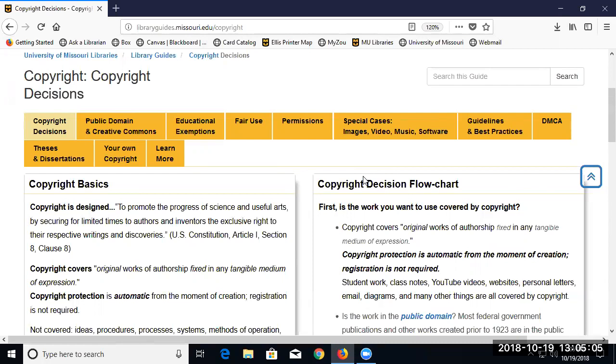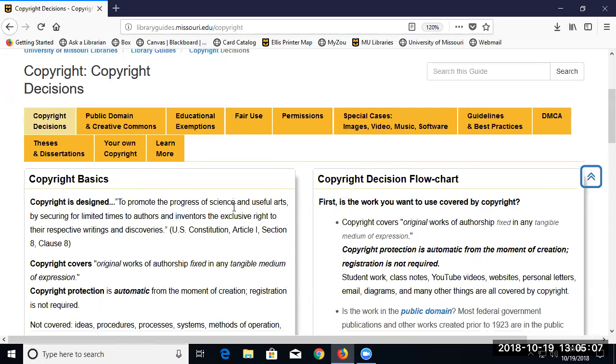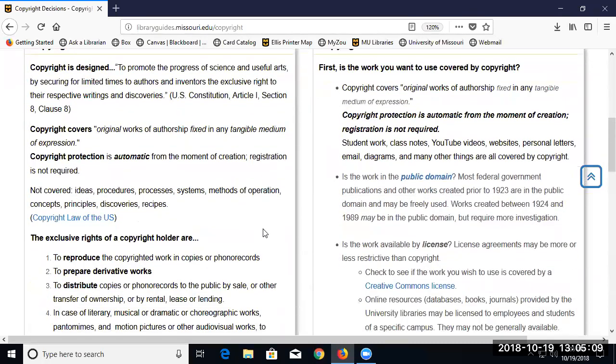I think it's helpful to first focus on the copyright basics. This is just a general outline of what the law is about, why this has come about. And that gives you a framework to think about. I think a lot of people get intimidated by copyright. A lot of people would like to have very hard and fast rules. And the law is actually designed to be a little bit more flexible, so it's helpful to understand the context and what the intent is, where it's trying to go, and that helps you figure out more what your goal is, rather than having, like, it's this many pages, this many images, and so forth.